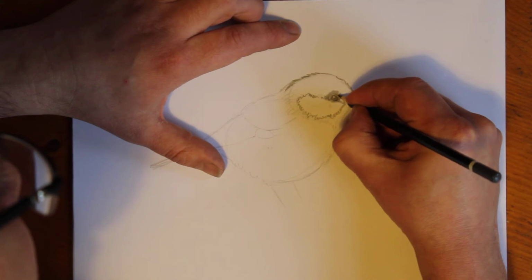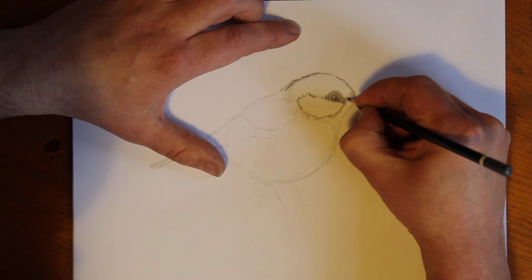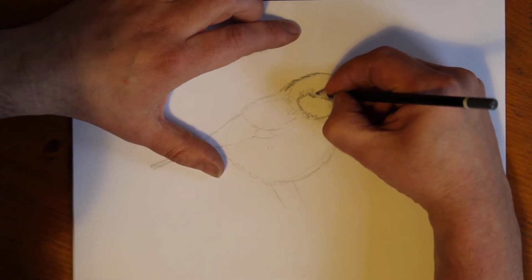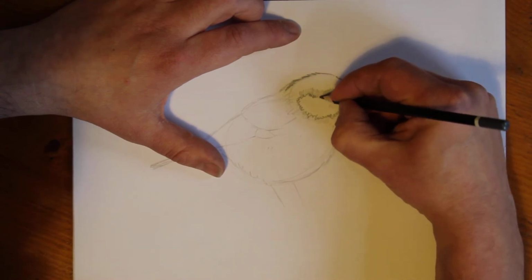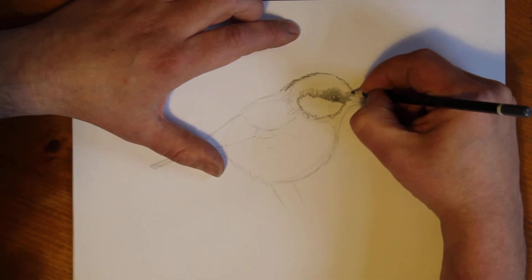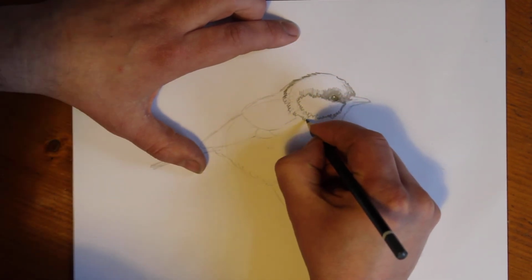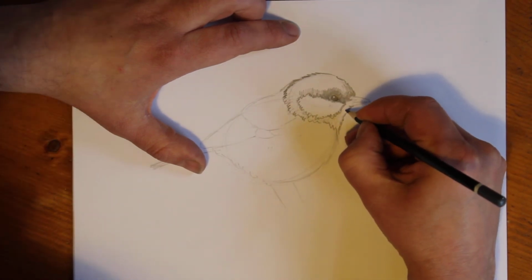I'm going to make sure that I put some good shading into the lower part of that black section, and now it doesn't really matter how I shade this in, although I do like things to radiate out from the eye, because to me it gives the bird some kind of texture. And then once I've gone over the brow of the eye, I better just make sure that I delineated all of these black sections,